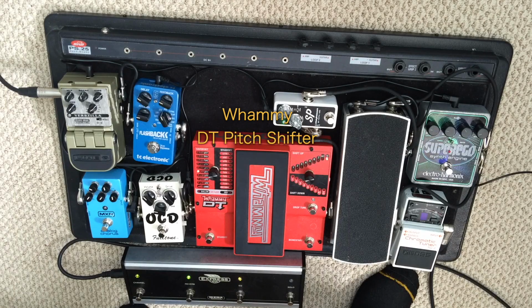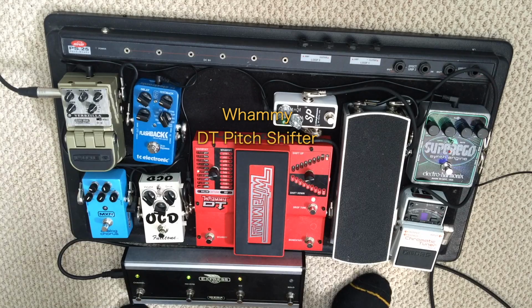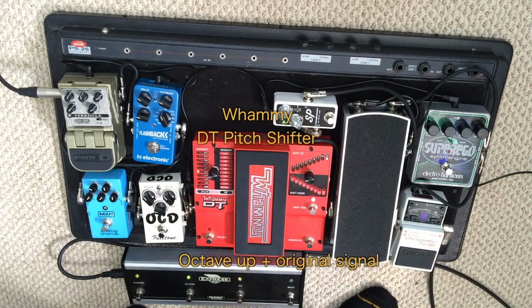The Whammy DT is really only here at the moment because it allows me to do a faux 12-string sound. I use what's known as the drop tuning, not in this instance particularly descriptive, because I'm actually using it for an octave above. If you just hear the guitar on its own, and then I add the octave above it,